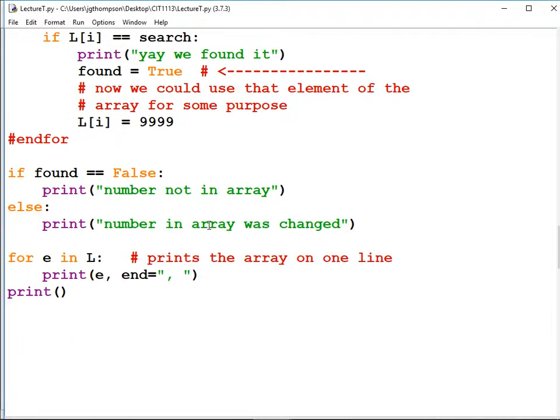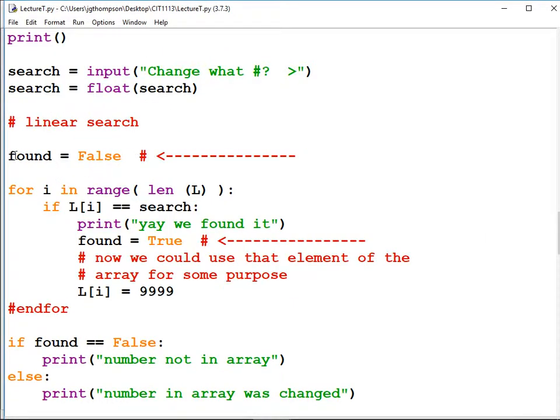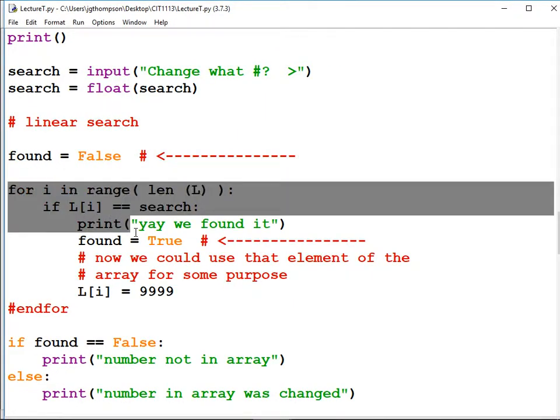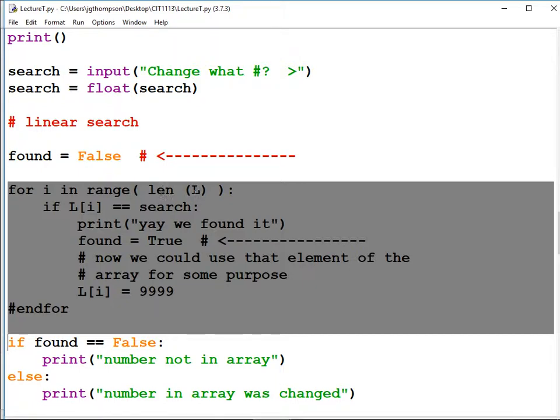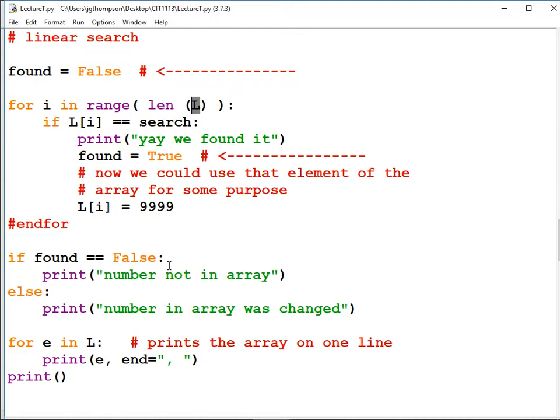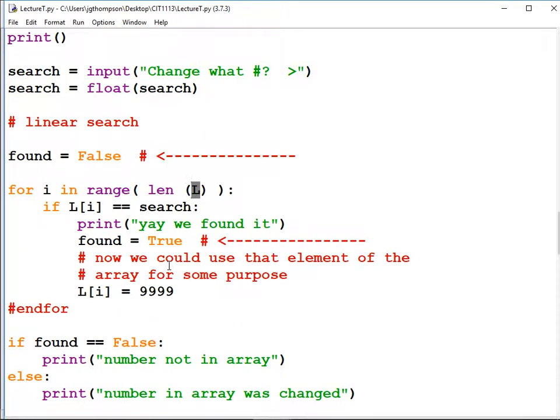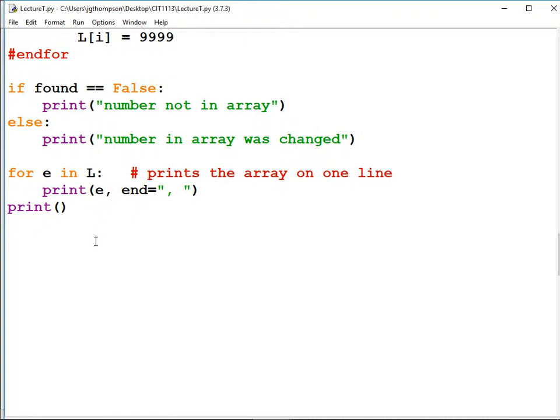And so as a reminder for the other homework assignment, the last homework assignment called linear search, the code for it could be found in lecture T. A linear search is a for loop that iterates through your list like this. And so we could change the value from one value to another. So if we have something that looks like this, you could just stick this onto the bottom of your turtle code or at the top or whatever, but if we have a list of values like this,